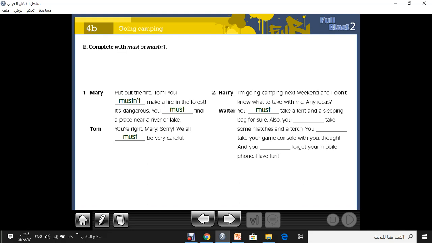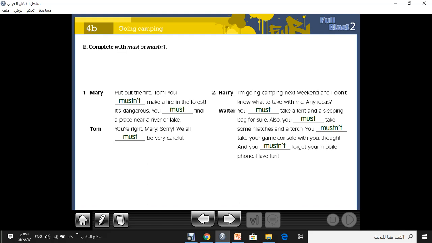Also, you must take some matches and a torch. You mustn't take your game console with you though. And you mustn't forget your mobile phone.